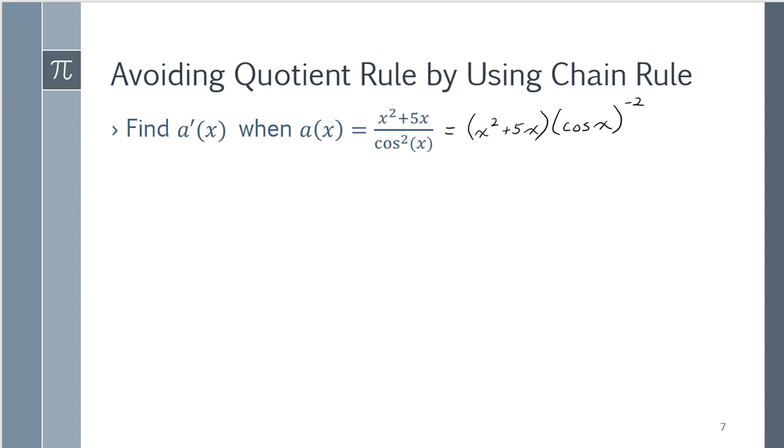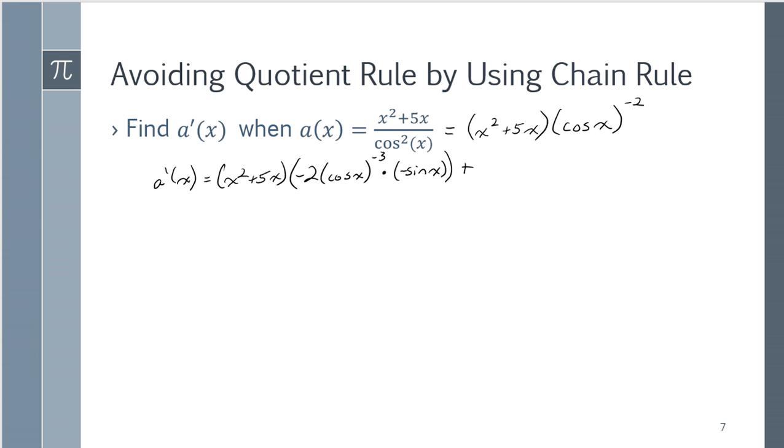So now when I find f prime of x, I have first, x squared plus 5x, times the derivative of the second. Well, the negative second power is the outside, so negative 2 comes down. The inside does not change. Subtract 1 to get my new exponent. But then I need to multiply by the derivative of the inside, so I need the derivative of cosine, which is negative sine,